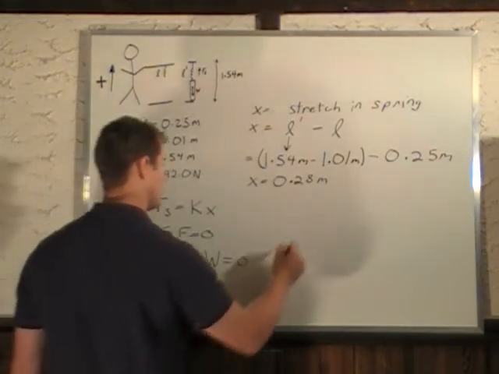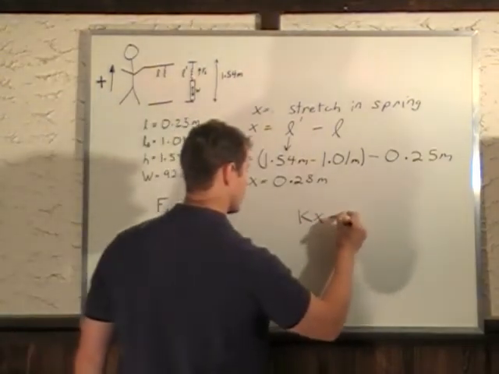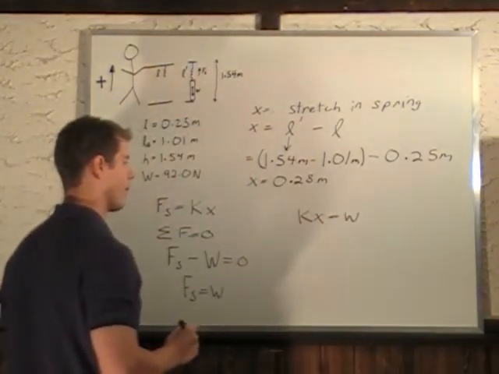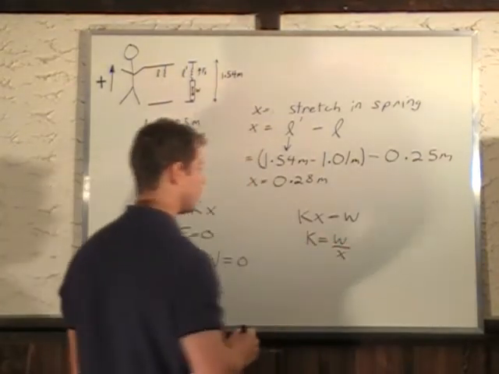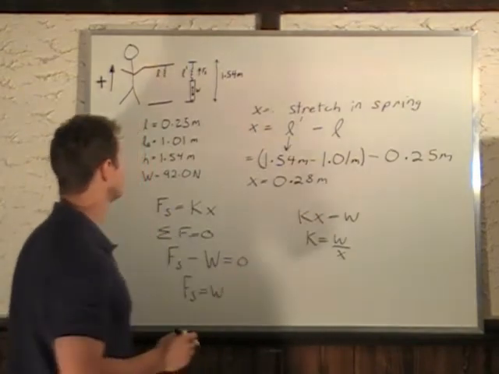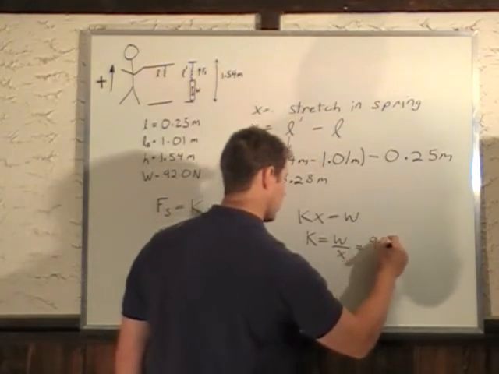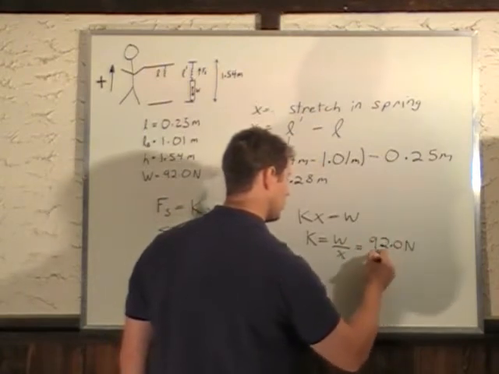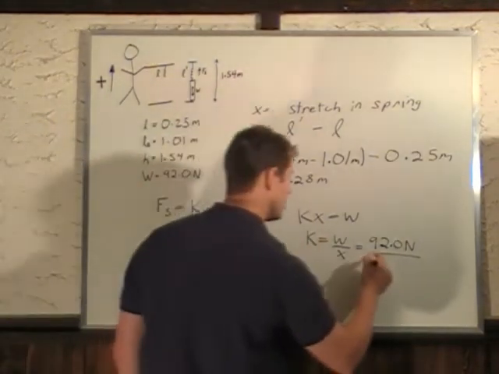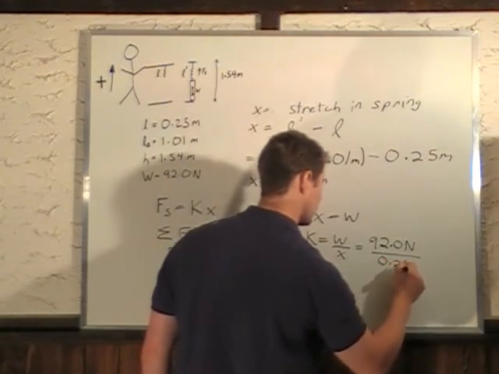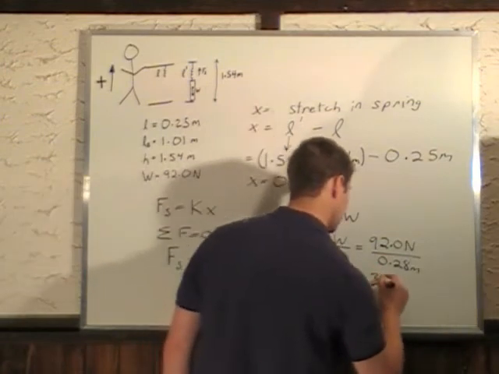So rewrite this over here. We have Fs, which is Kx, equals W. Means that K equals W divided by X, just by dividing X to the other side. Now we know W is 92 newtons. Let's plug in our numbers. 92.0 newtons divided by X of 0.28 meters gives us a number of 328.57